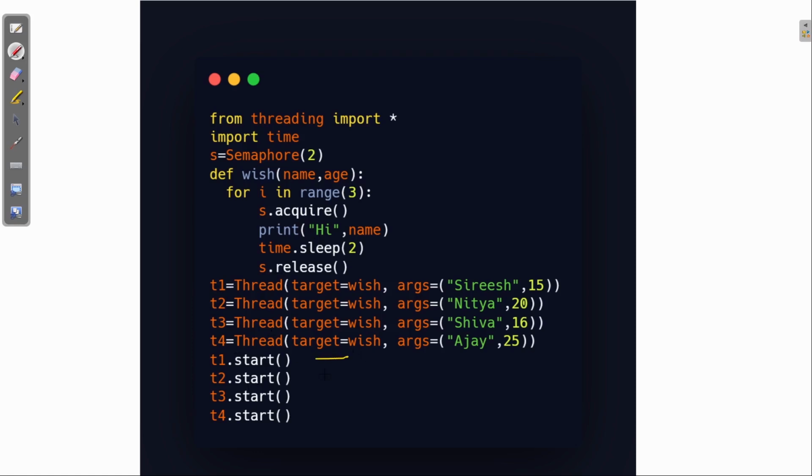It means that T1 and T2 can work, they can have this parallelism, or you can say they can work simultaneously. But at that time, T3 and T4 have to wait. Okay, they have to wait for T1 and T2 to get executed. So yeah, same format, acquire and release. You can do this code for getting the concept more clear.